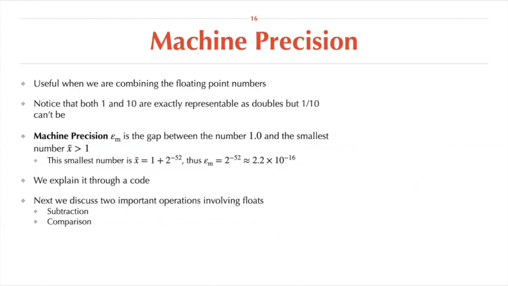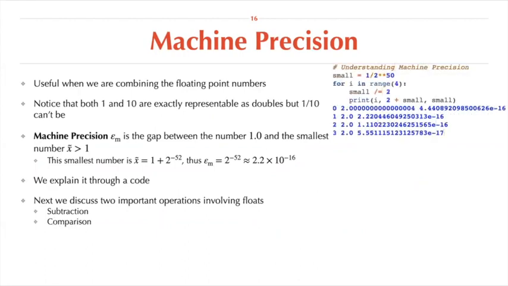Okay, so let me go to the code directly. This is the code. What I'm doing here is, let's say you take this small number 1 over 2 power 50, and then you are adding 2 to it. So when you add 2 plus 1 over 2 power 50, this is this value. Then 1 over 2 power 50 divided by 2, that's 1 over 2 power 51. When you add this number to 2, you will get this. You see there's some change, but then